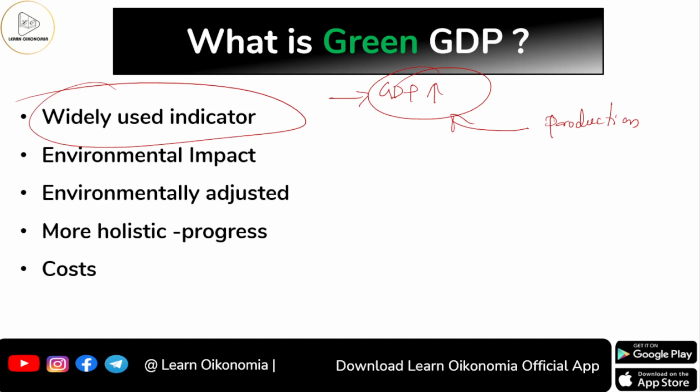For the same reason, our government will be trying to enhance the production of all these sectors to enhance our GDP. Now, just think about this case. Whenever a particular sector enhances, for example agriculture or industry, you are trying to enhance agriculture production. If you are a farmer, you are trying to enhance your production and productivity in your agriculture area. What could be the measures you will be taking? You will try to use pesticides because you want to get rid of pests, isn't it? You are focusing on enhancing your production and productivity, so you will be using pesticides.